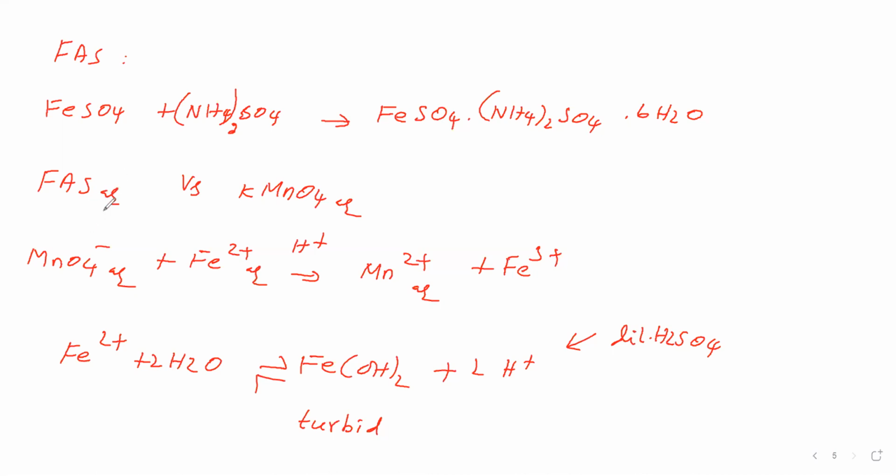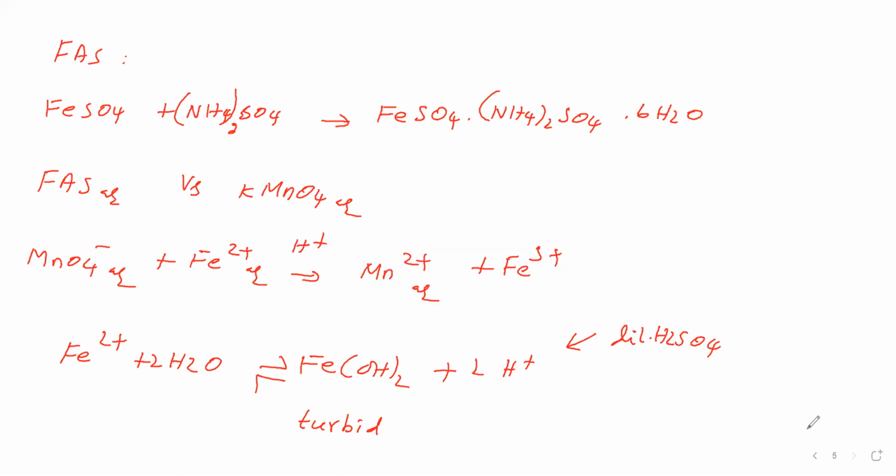Why do we have to titrate in acidic medium? If we give acidic medium, then permanganate is converted into Mn2+. If we give neutral medium, permanganate is converted into MnO2. If we give slightly acidic medium, MnO4 minus, permanganate is converted into MnO2. If we give strongly basic medium, permanganate is converted into manganate, MnO4 2 minus. Therefore, based on the medium only, the reaction takes place. In this titration, we are taking dilute sulfuric acid, acidic medium, so ferrous is converted into ferric, and permanganate is converted into Mn2+.